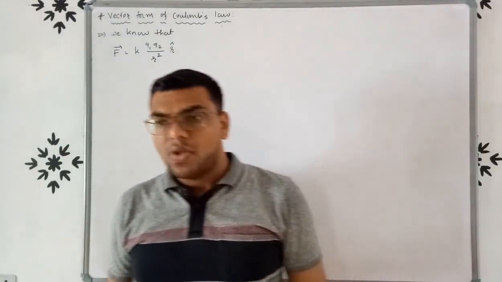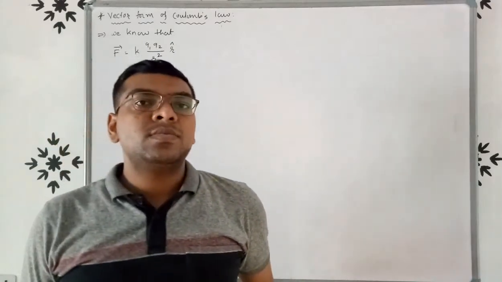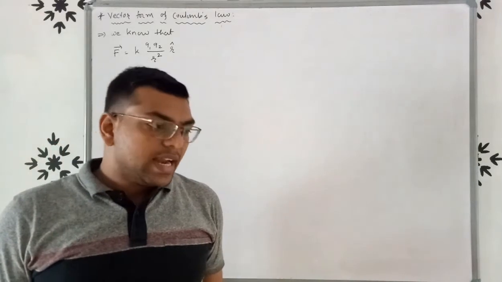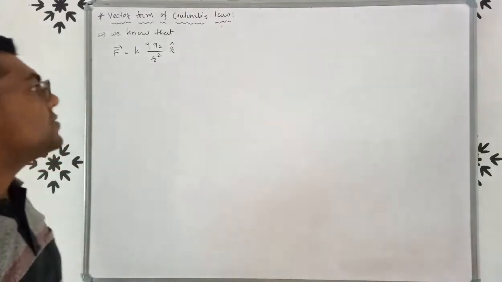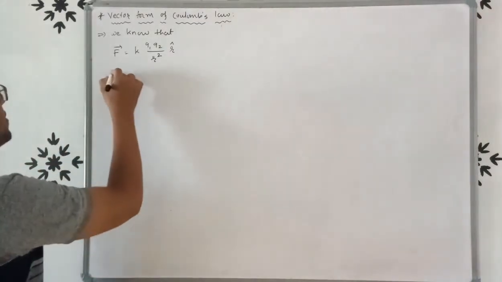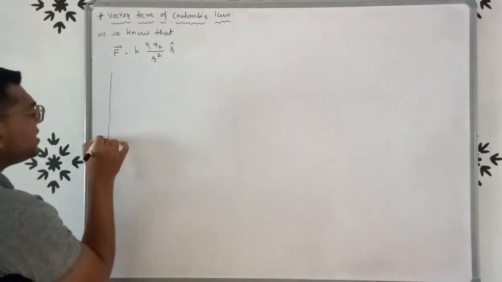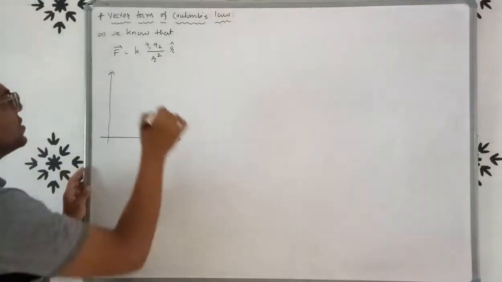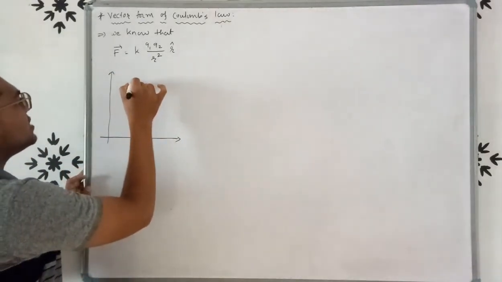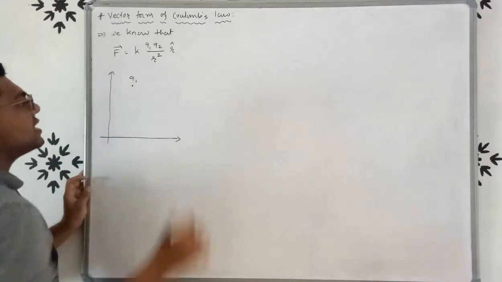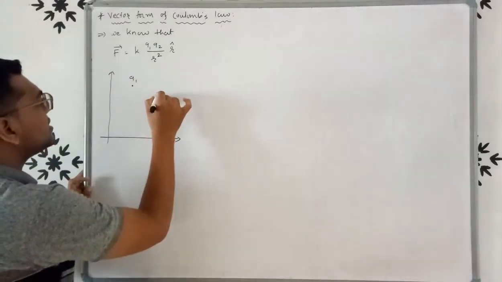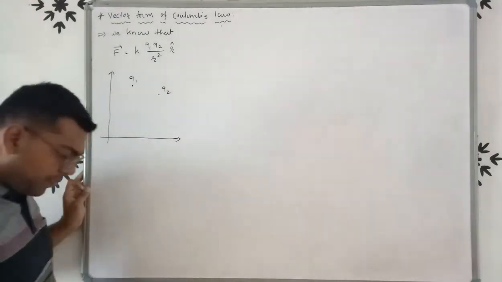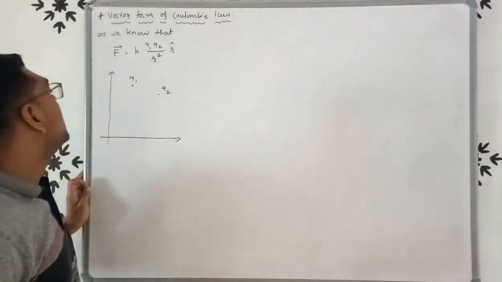Now we know that Coulomb's force is the force between 2 point charges. So here we discuss the vector form, and we define 2 point charges in a plane. This is the x-axis and this is y. Here at this point, this is the point charge Q1 and this is the point charge Q2. Now here